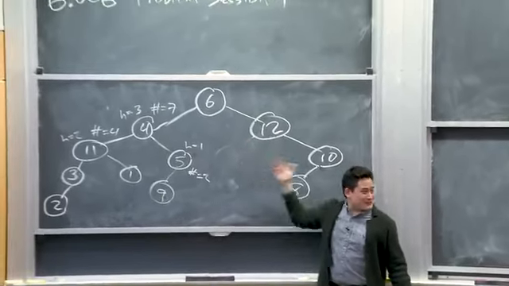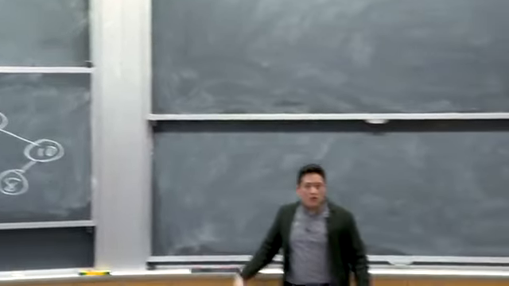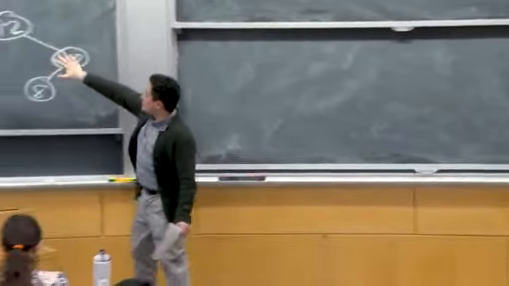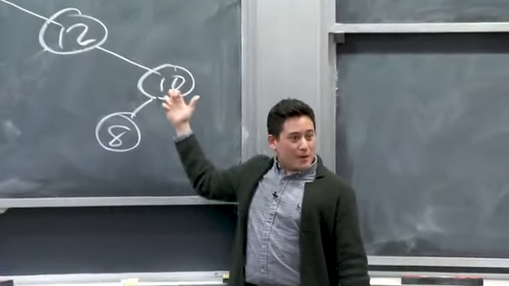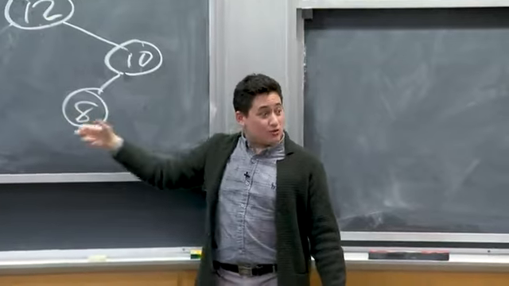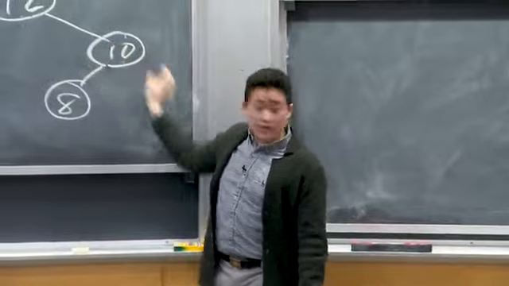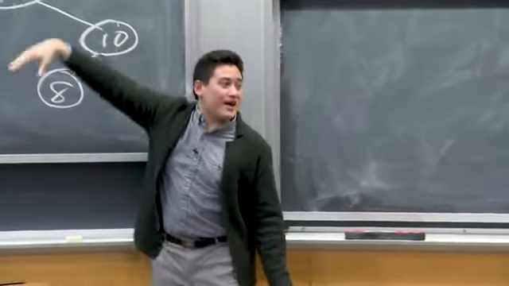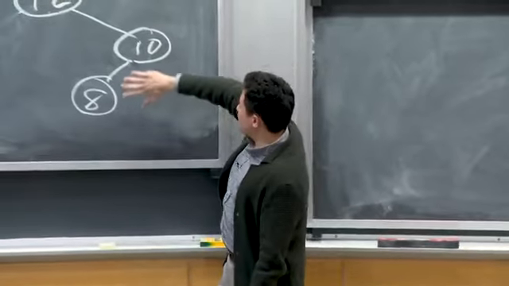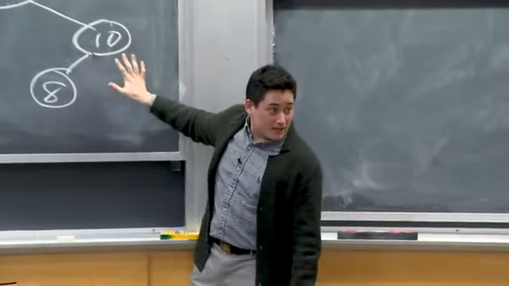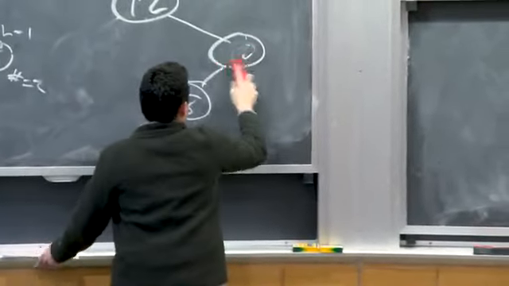No, it's height balance wrong in the other direction, right? That's no good, right? So the way to handle this case where I'm badly skewed to the right, but my right subtree is skewed to the left, I have to do a right rotation here, and then do a left rotation. So that's the formula, okay? So here we first do a right rotation at 10, okay? Which gives me something that looks like